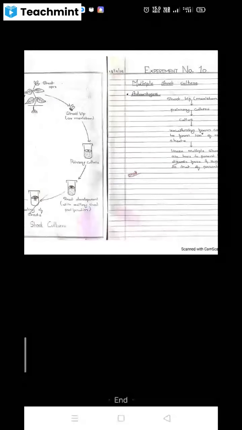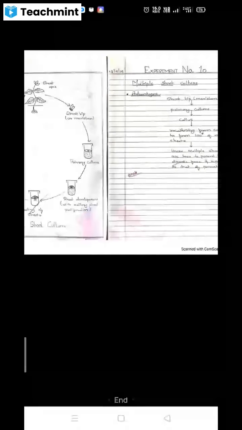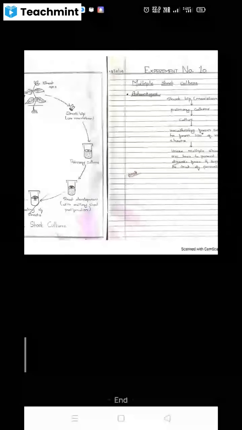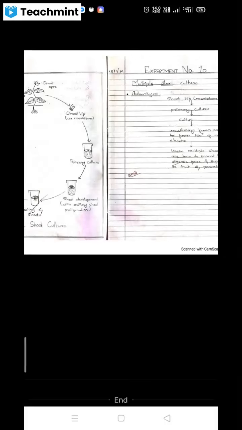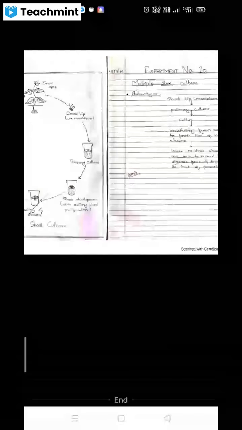So for this tissue culture, which medium is used? इसके लिए हम न्यूट्रिएंट मीडियम कौन सा यूज करते हैं? बोलो, थ्योरी के लिए पढ़ा है हमने. मीडियम हम कौन सा यूज करते हैं? एमएस मीडियम यूज करते हैं. तो मोस्टली जो भी प्लांट्स है हम एमएस मीडियम, मीडियम दूसरे भी है, बट हम जो मोस्ट ऑफ द प्लांट है यहाँ पे हम सेमी सॉलिड मीडियम यूज करते हैं, तो उसके लिए हम एमएस मीडियम यूज करते हैं.